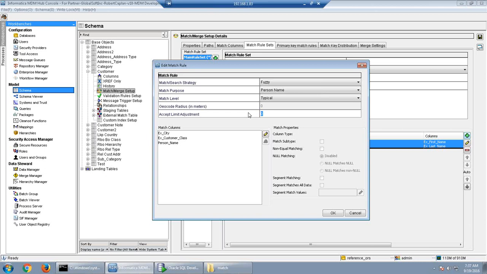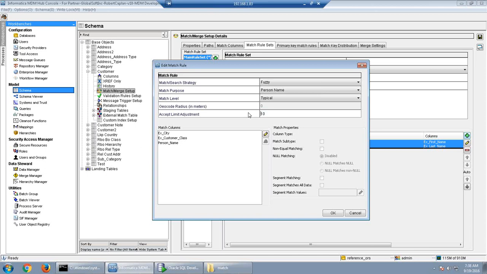So in the accept adjustment limit we also have two options. For example, if we give -10, -10 is like +10. It is just a reverse they have given. -10 is basically a loose matching. You are saying that it's loose. So -10 is basically 110. And if you give 10, it is like a conservative matching. Here 10 means it is like 90, so basically it does a tight matching.